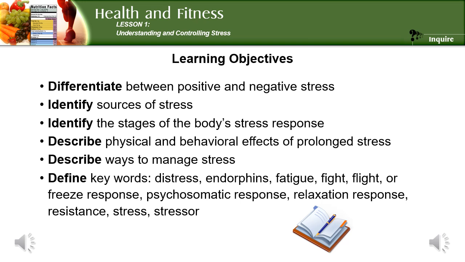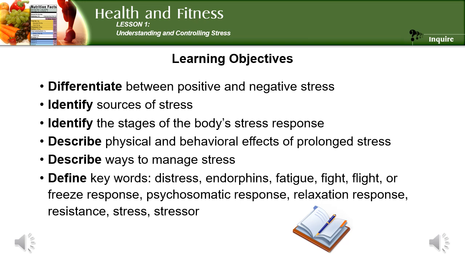Define key words: distress, which is negative stress; endorphins, chemicals released by the brain that trigger a natural relaxation response; fatigue, the stage of stress when the body loses its ability to adapt to a situation when exposed to prolonged periods of stress; fight, flight, or freeze response, the body and mind's preparation to help respond to a tense situation or danger;